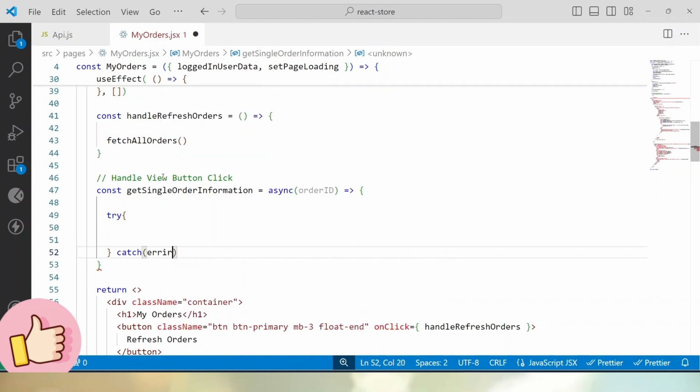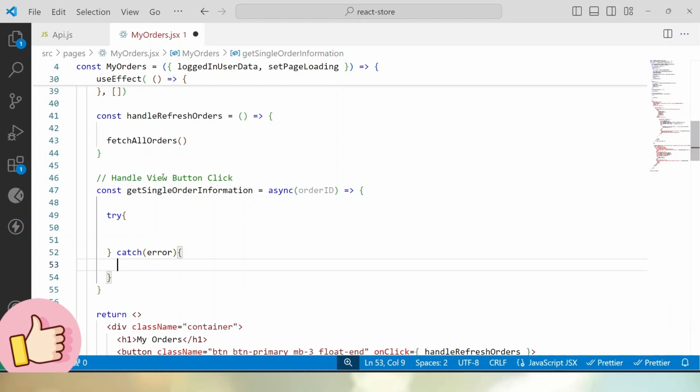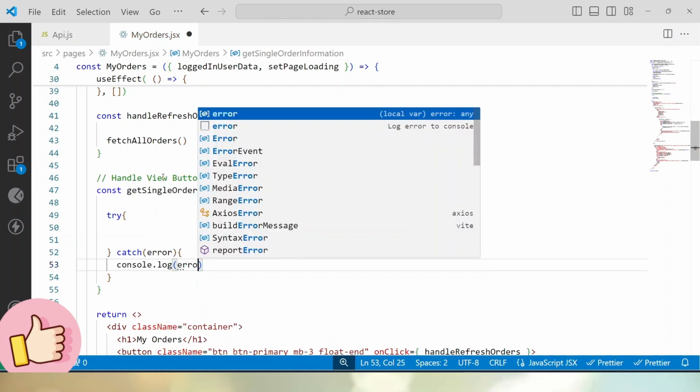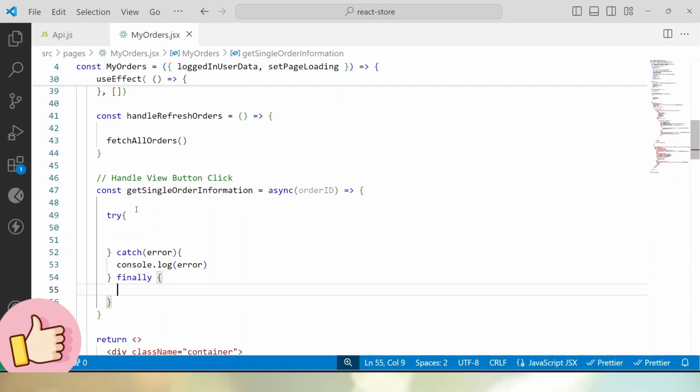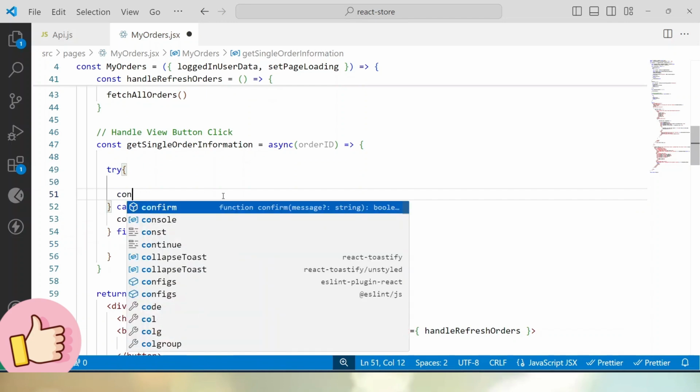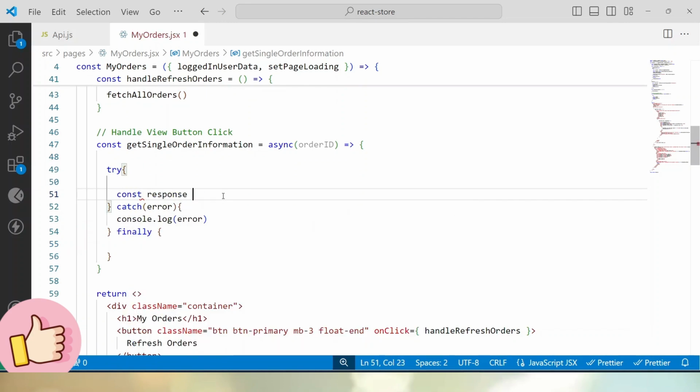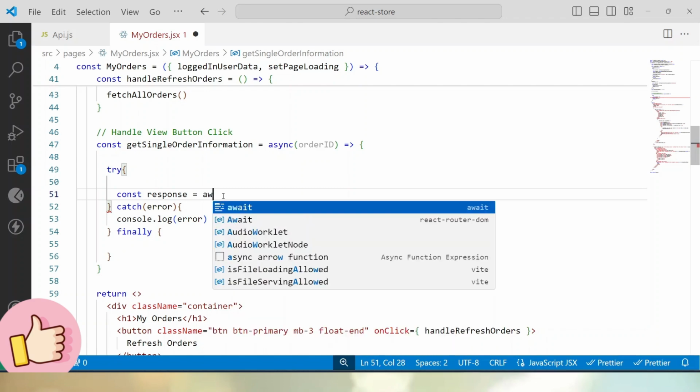In case of any error, simply let's go and console.log, and it will be error. And also let's include a finally block. Now let's go inside this try block, and here const, let's say response equals to, it will be await and